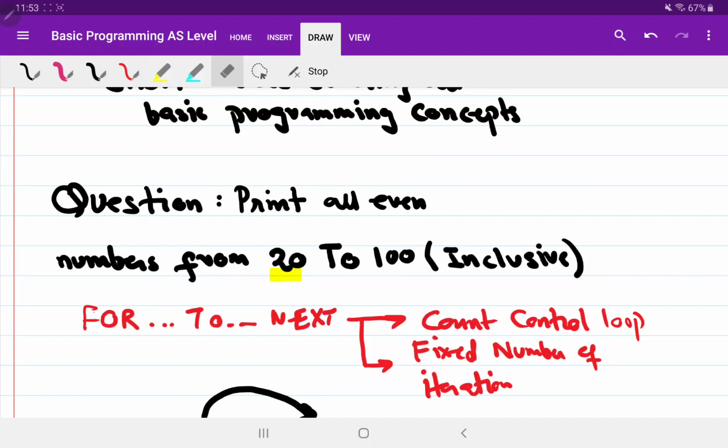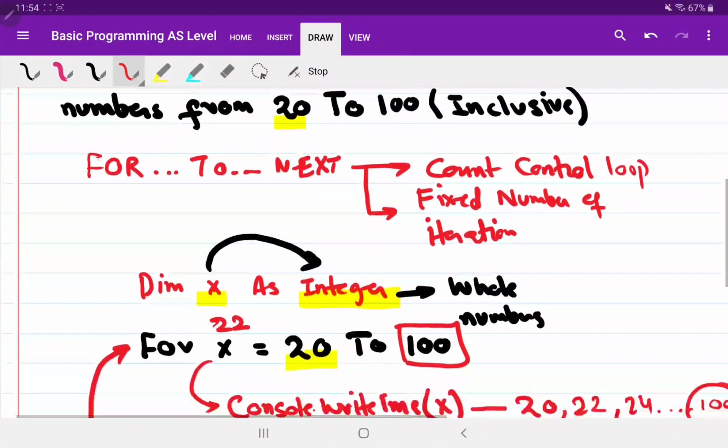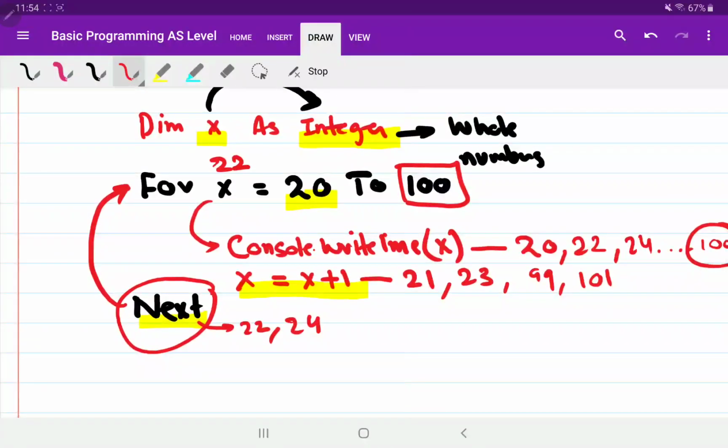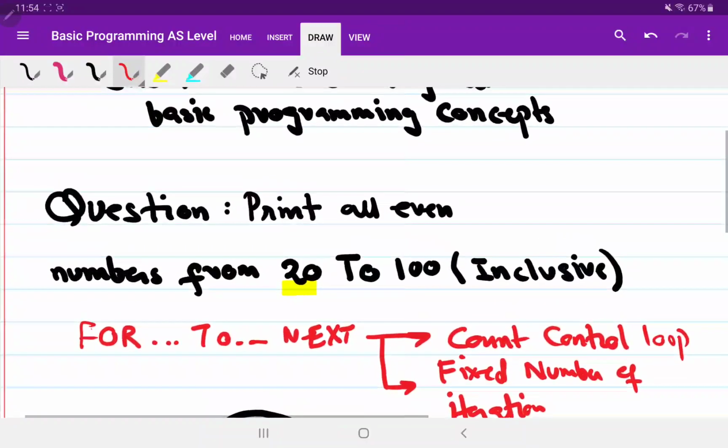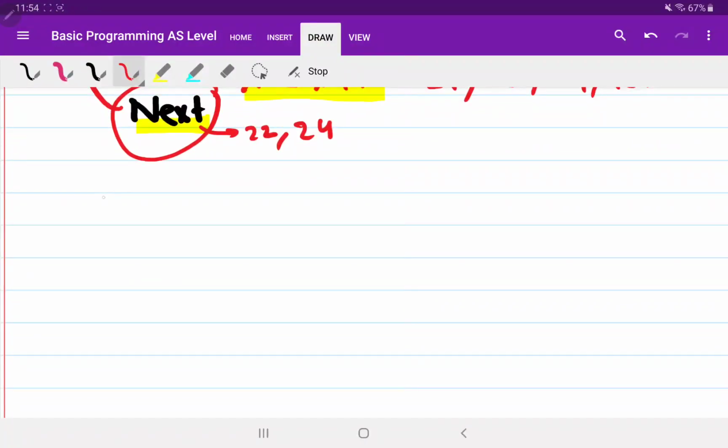Now, in the last class, we performed a question that was based on count control loop. We print even numbers from 20 to 100, that was inclusive, and we used a for to next loop. In this video, we are going to perform the same question, but this time we are going to use two different loops. The first loop will be a